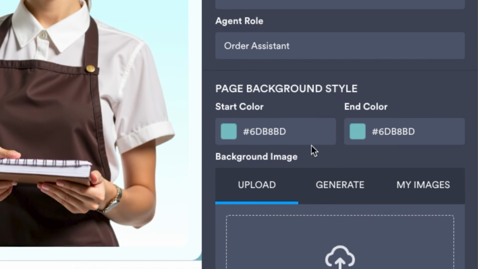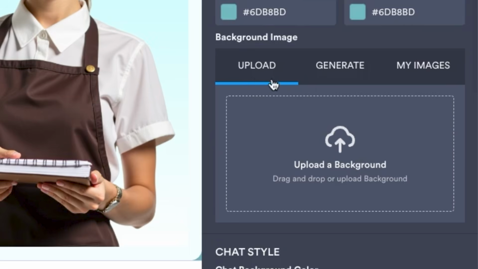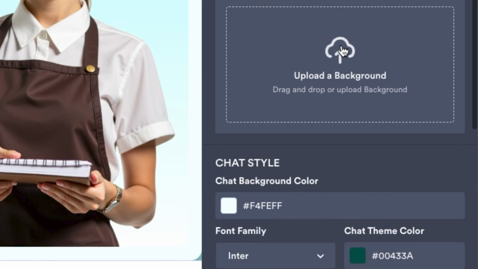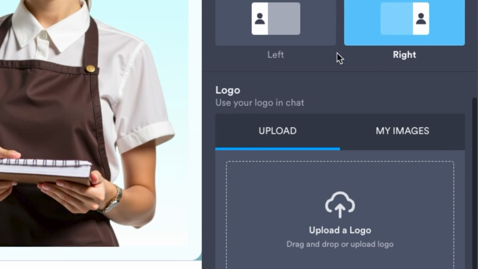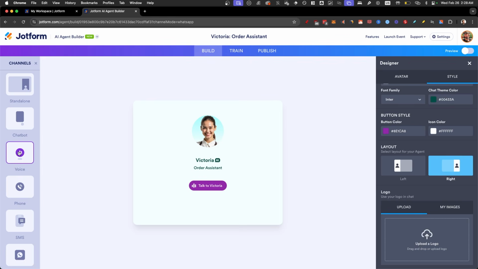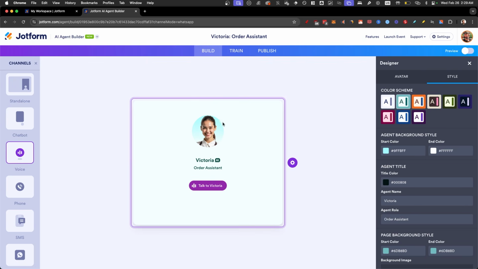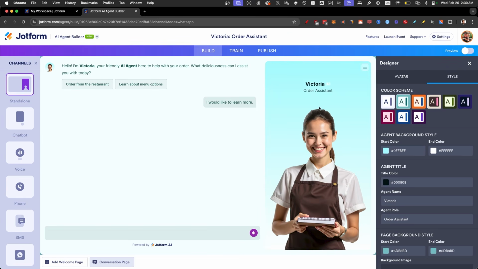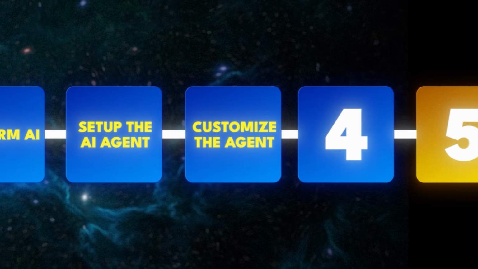You can also select the background style. You can upload or generate background images, different chat styles, button styles, and layouts, adding your own logo in here as well. And they make it very simple to make a beautiful looking chatbot with gorgeous looking avatars. So now that we've set up how it looks, we're going to go to the next step, train the